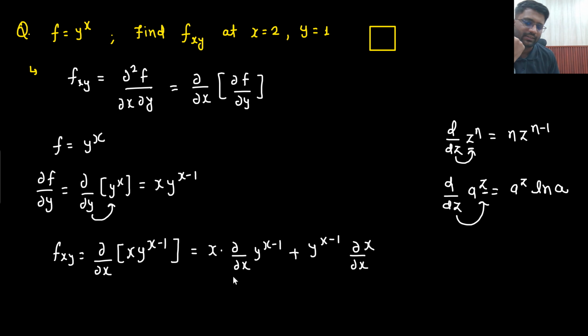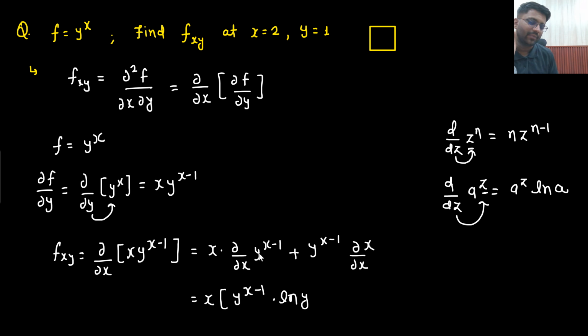X as it is, don't care. This is the thing that I need to find out. Where is the variable? Here is the variable. So what will be the answer of this? This is like a to the power z. So what will be the answer? Take care of this thing very carefully. A to the power z. So that answer would be a to the power z